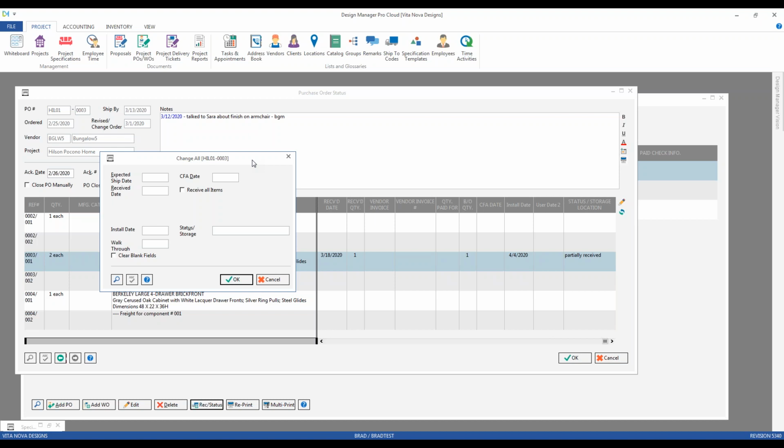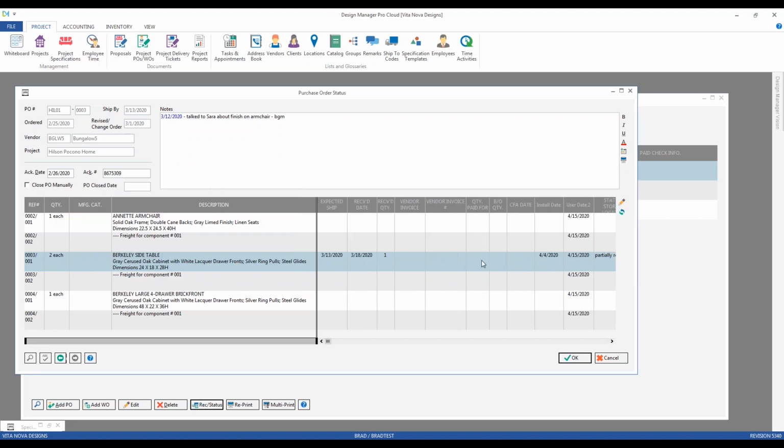So I could go ahead and input my walkthrough information for all of the components. If I put in, I don't know, 4/15 as a date and click OK, in this case I'm not going to just be changing component 3001. Rather, I'm going to update all of them on the order just like that. So a very handy way to put information for a multitude of components on a single